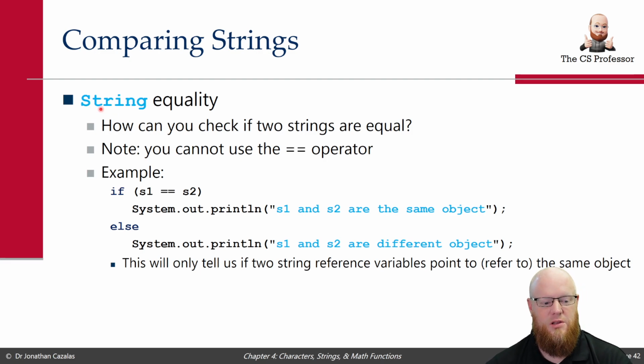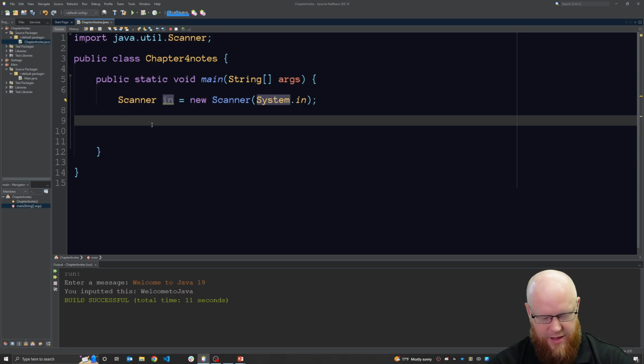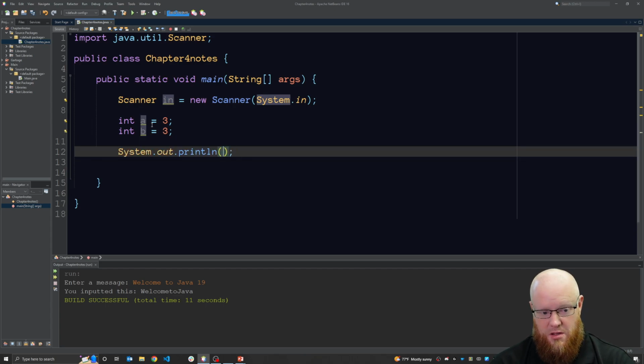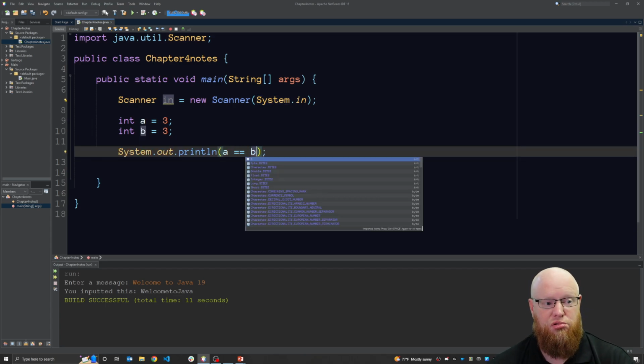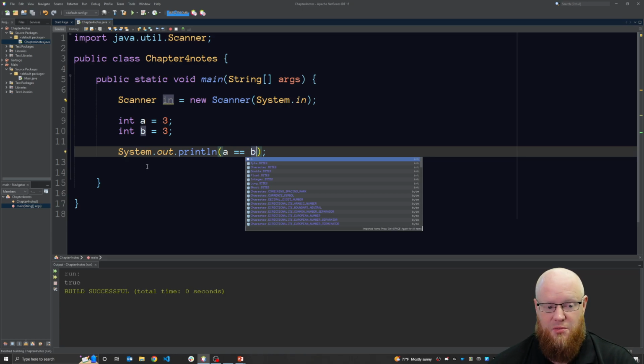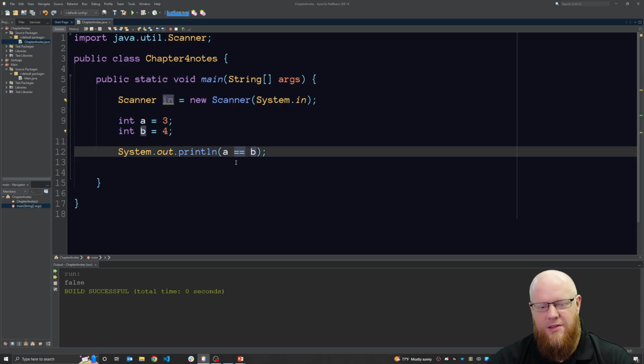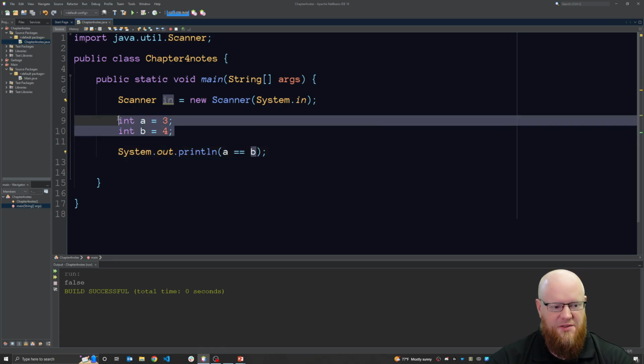In Python, you can literally just use the normal comparison of equals, right? Like if I say int A equals 3, int B equals 3, print A equal B, that would print true or false, correct? That's going to print true. If I make B 4, that'll print false, right? But what about in strings? You can't do equals, because if I have a string,